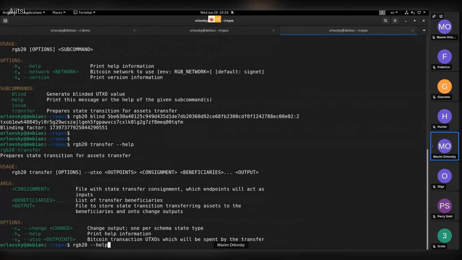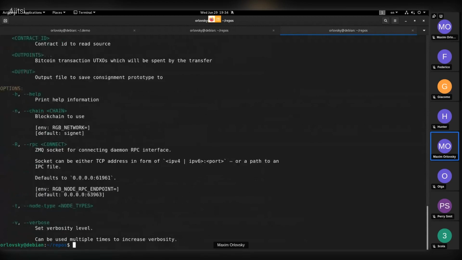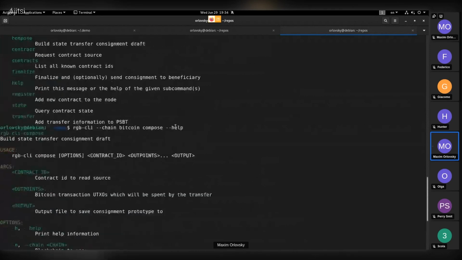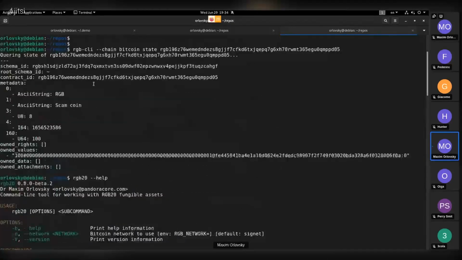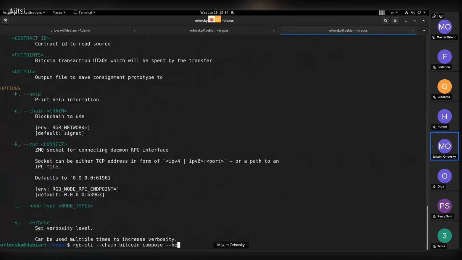So let's start with the RGB CLI then, and I will need a command called compose. Build state transfer consignment draft. So compose, help. I provide contract ID, outpoints, which are actually the points which I am spending to send the asset, and an output file to save the consignment prototype to. So let me check the contract ID here and do that. So compose, contract ID,